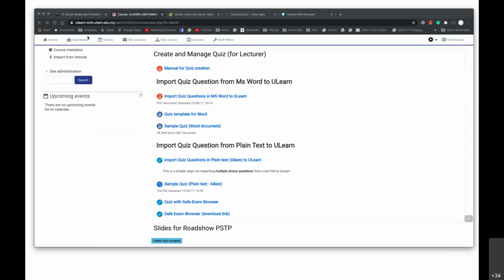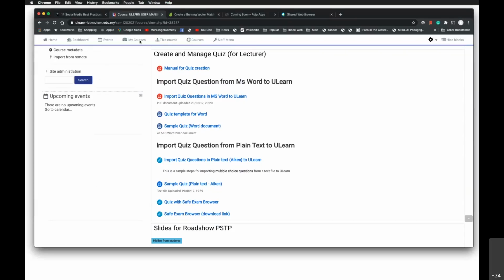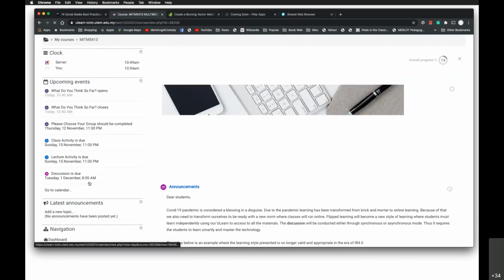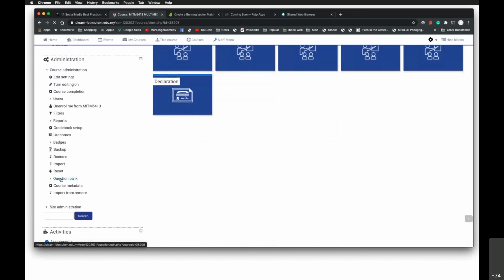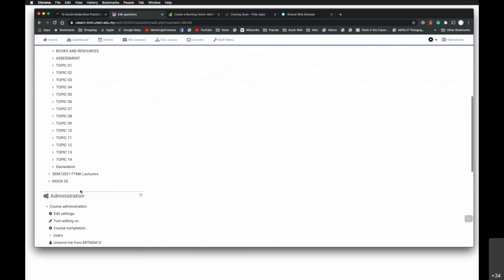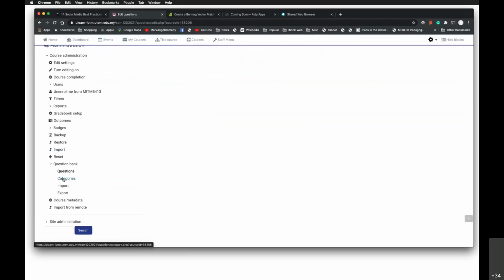Once you've done this, probably the simple form, what you need to do is go to your page. For example, you have specific questions for your quiz one. You don't want the question bank to have every single question in one place, because you want to divide it into different categories. For example, you want to have midterm questions in a separate folder, your quiz one in a separate folder, and your quiz two in a separate folder. Then what you need to do is create a category first in your question bank, just by clicking on